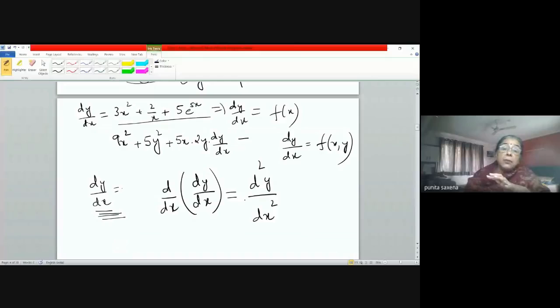Right? Or in other words, can I say that if I have a function, then it is going to be differentiable any number of times? And every time I'm going to get some derivative or the other. Like, see, for example,